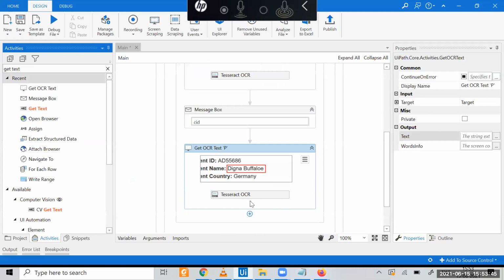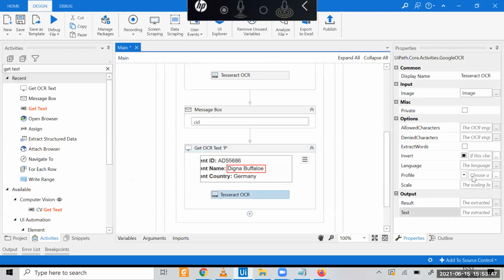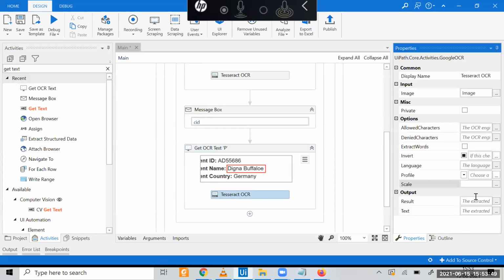I will escape this one, then go here and choose the scaling factor 2 or 3 or something. The result will be, so this is customer name. Then similarly, I will get another one.